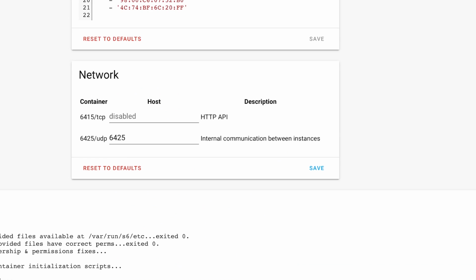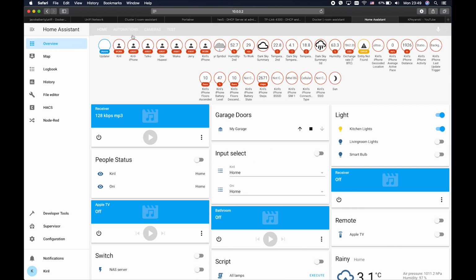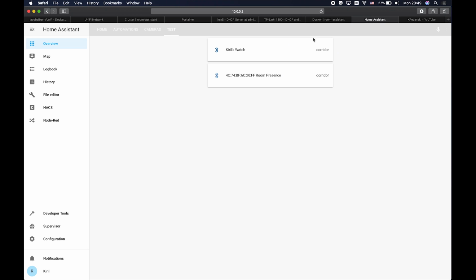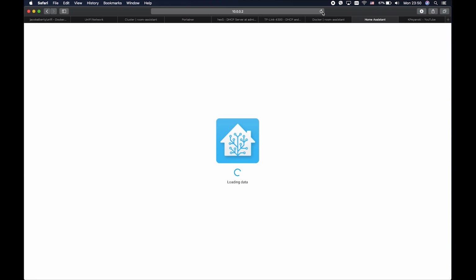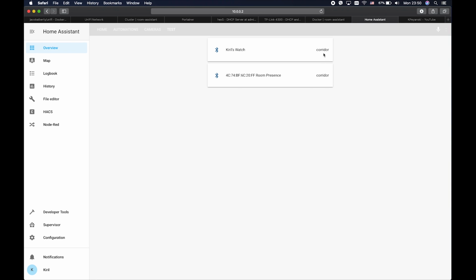Successfully connected to broker. Good, very good. Let's go to the test view. Very nice. I'm now in the corridor. Let me refresh this. I'm now in the corridor because I'm currently near the Raspberry Pi 4, which is in the corridor. Now I will start my camera